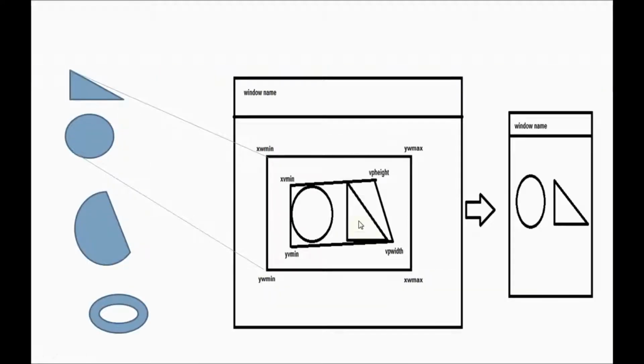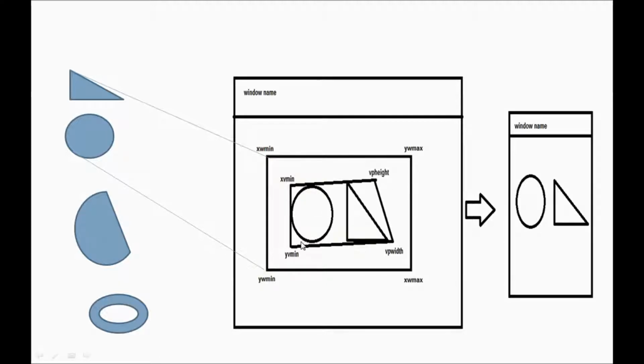Now you can see here, in computer graphics, I am using an orthogonal projection here. This is my display window. Each display window will have a name, so you can give any name for the display window. But here you can see, in this display window only the objects are displayed, but for your reference, I used a clipping window and also the viewport.